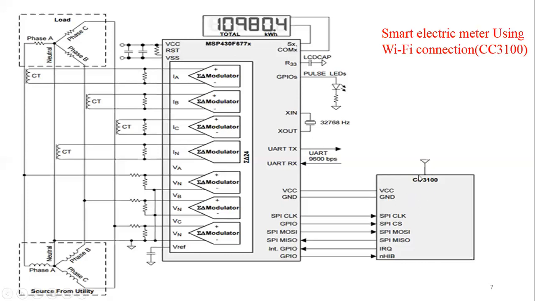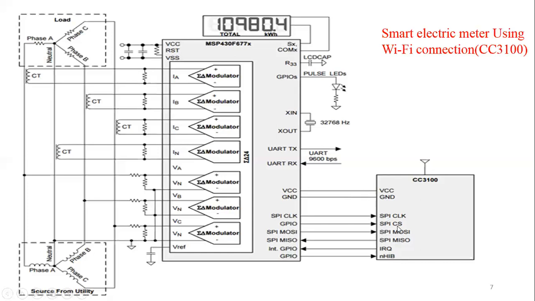Then this Wi-Fi module is interfaced with our microcontroller, the sixth generation microcontroller, with VCC, ground, and SPI. Four-pin, four-wire SPI: master in slave out, clock, master out slave in,